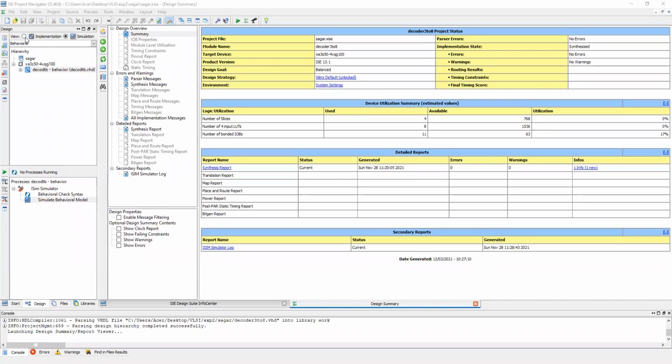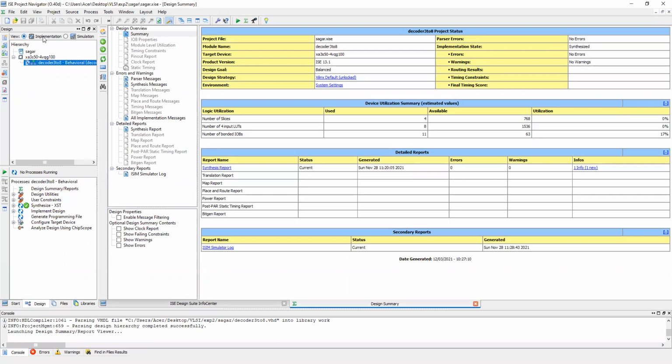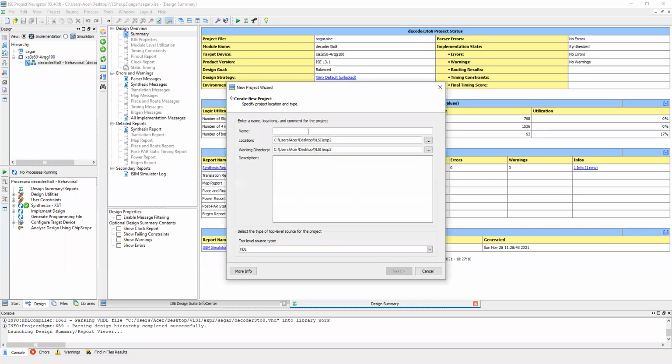First, I have to make sure that when I'm writing a VHDL code, it should be on implementation. It should not be on simulation. So I have shifted to implementation. Then next process: go to File, then New Project.